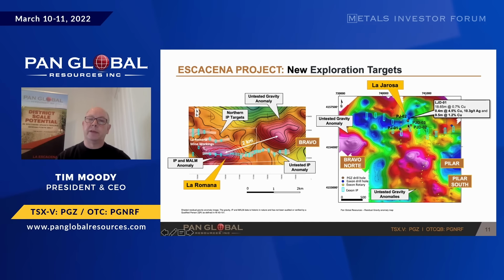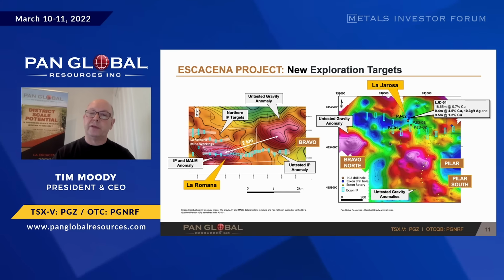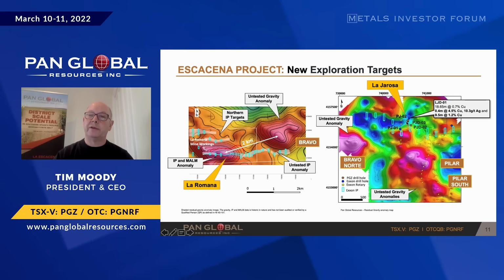Another area about 4 kilometres to the east of La Romana, we've got the Harasser Target. There was an old drill hole here by Exxon, drilled in 1985, that had 9.5 metres at 1.4% copper. It had no follow-up. We've just drilled our first hole near to that hole, and we've hit, you can see